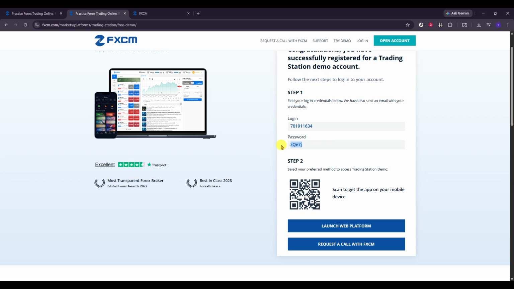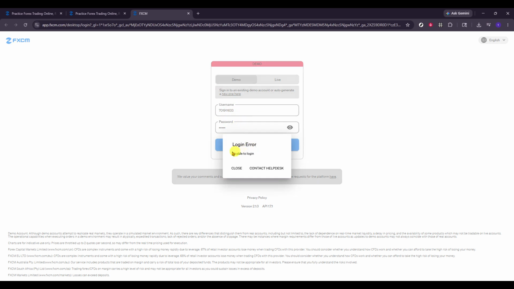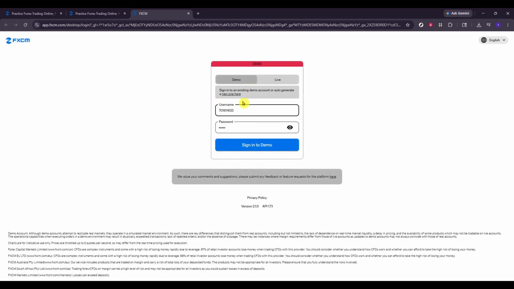You should now be in the FXCM web platform using your demo account. From here, you can explore charts, watch lists, and order tickets to get comfortable with the layout. If something looks unfamiliar, hover over icons for tooltips and consider starting with a small, simulated order to test the workflow. Remember, this is a demo environment, so it's a great place to practice and build confidence before trading a